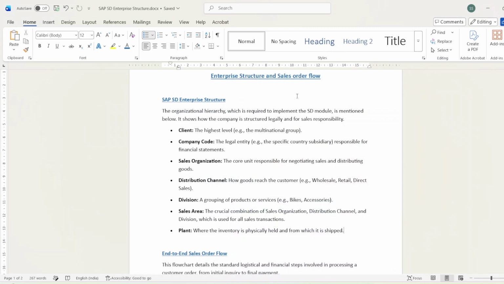Today we will learn about SAP enterprise structure and how it is configured in SAP. Before that, let us look at the concept of what is there in the enterprise structure. We have the client, which is the first and highest level, and then the company code, a legal entity, which is responsible for financial statements, and the sales organization, the core unit, which is responsible for negotiating sales and distribution of goods